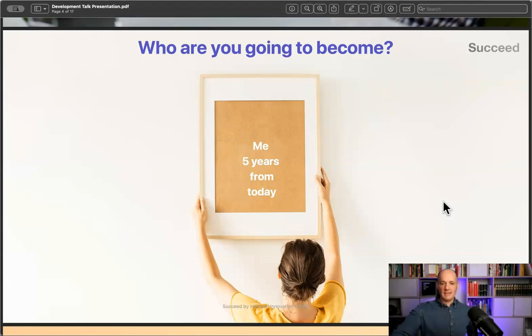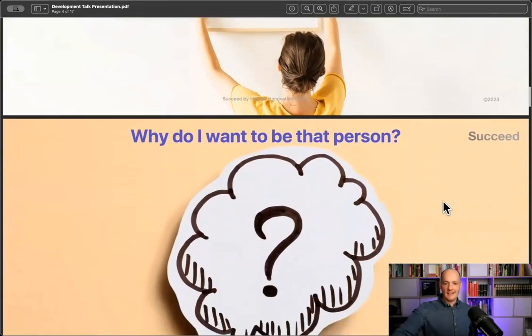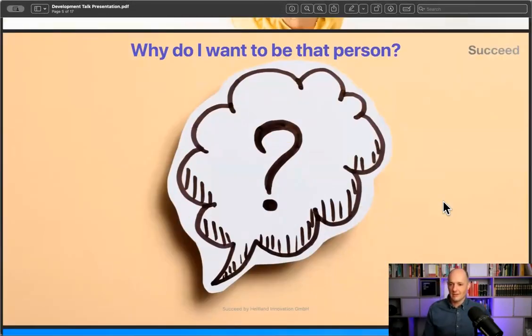It's a starting point. The next question is then, why do you want to be that person? They describe themselves, for example: I want to be a manager. I want to have big responsibility and I want to have at least 5 people. I want to have this amount of money. Some people come up with things really focused on business and you ask them why. In a coaching environment, you should not ask why questions because that's a little bit pushing. But in this circumstance, doing a development talk, it's very helpful because it points them down.